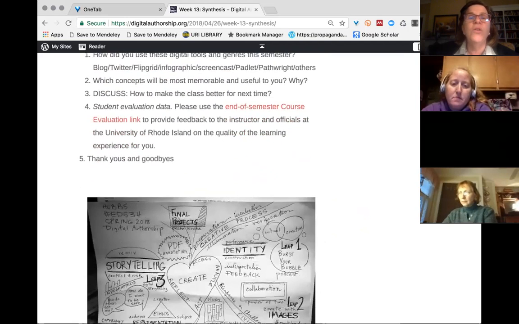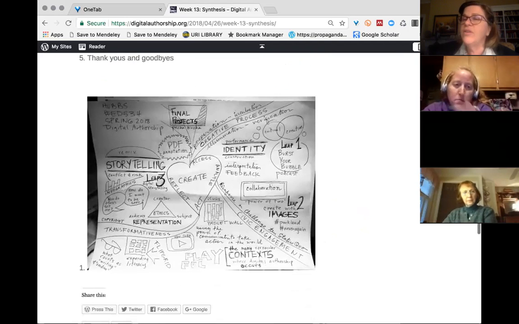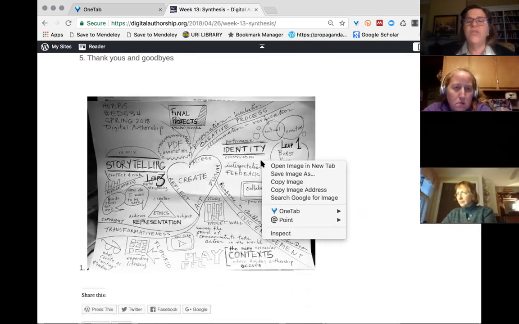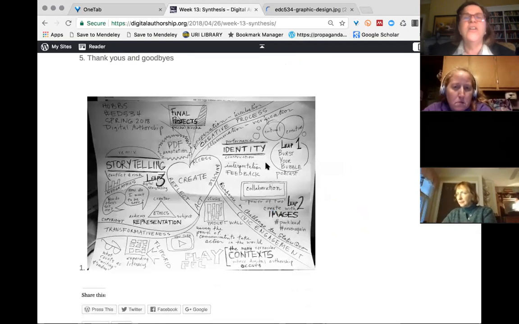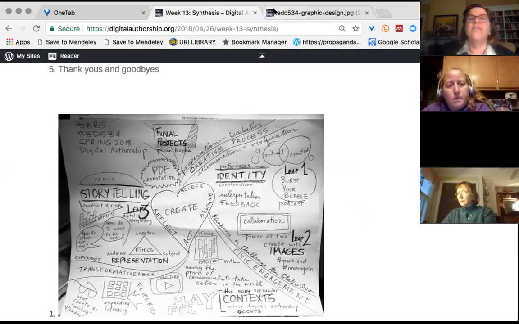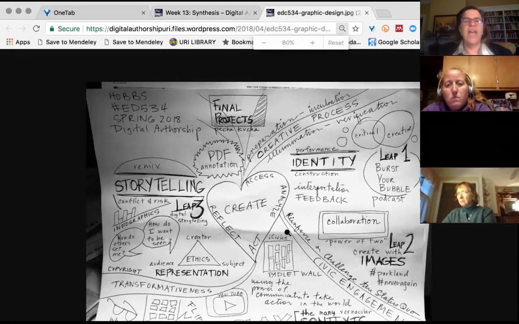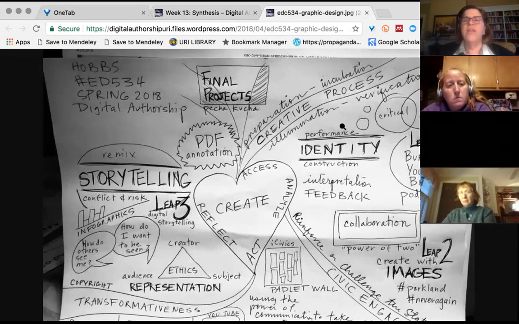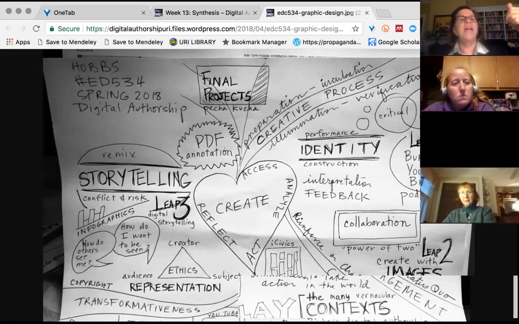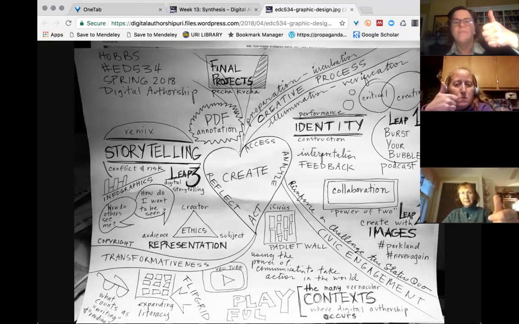So if you scroll down the page, hopefully you're scrolling down the page, and perhaps you will want to open this image in a new tab. Let's see what happens when we do that. Open the image. Oh, tiny. Hold on here. I want to open it in a new tab. I'll make it as big as possible. Give me a thumbs up if you can see my paper copy there. Okay.